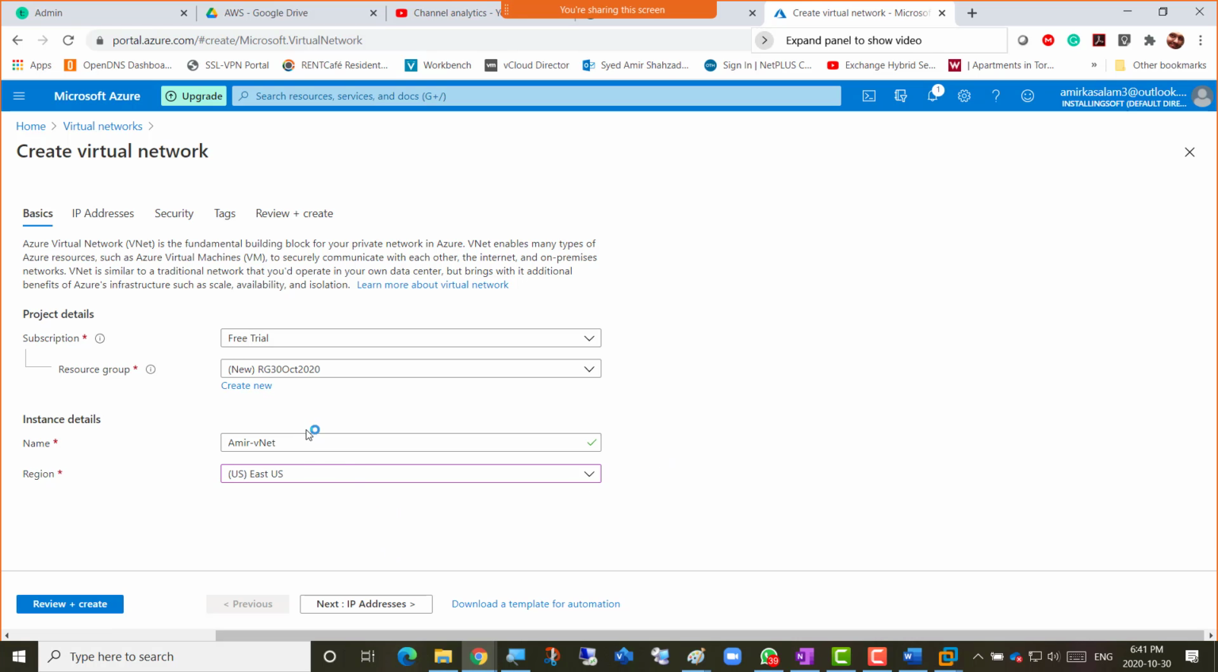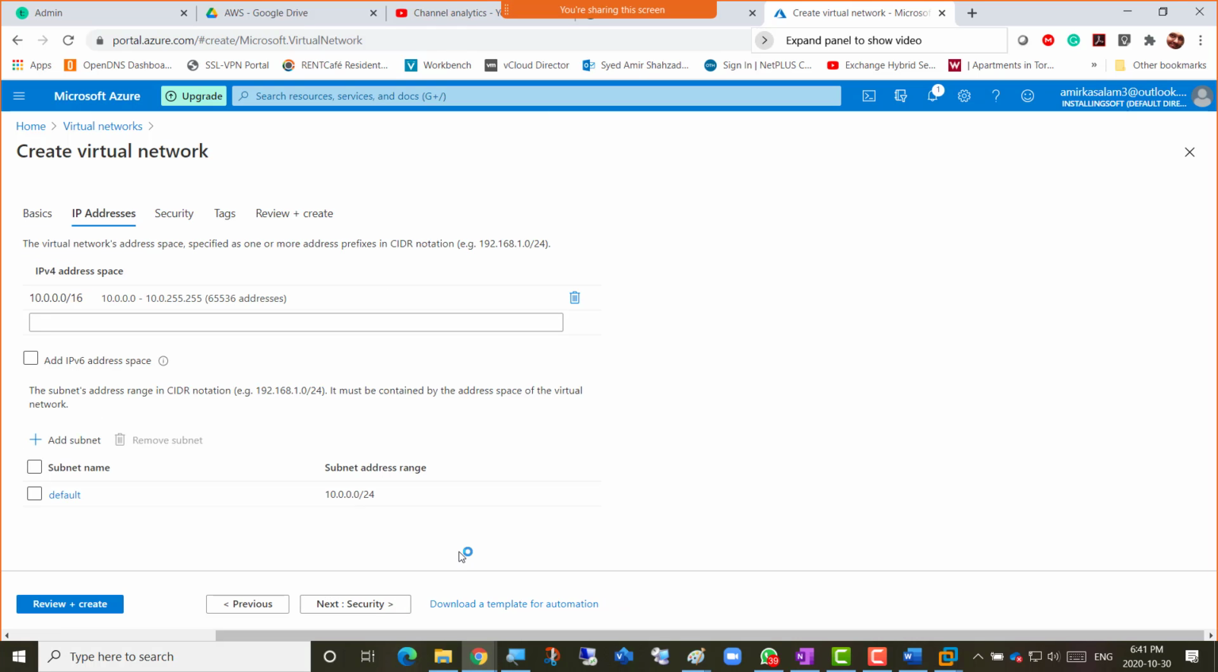And once you have given this basic detail, I'm going to click IP addresses, and in the IP addresses we have already subnet defined here. I'm not going to click this, and it's going to still create that, but if I create a new one, then I have to select that. If I don't select this one, it should create that subnet, right? So let's check it out and click